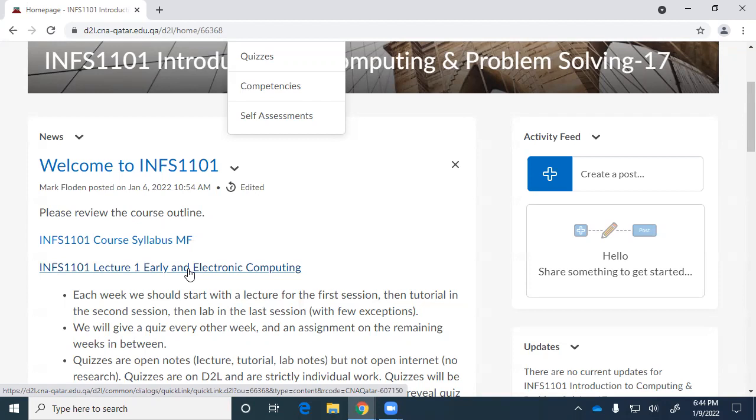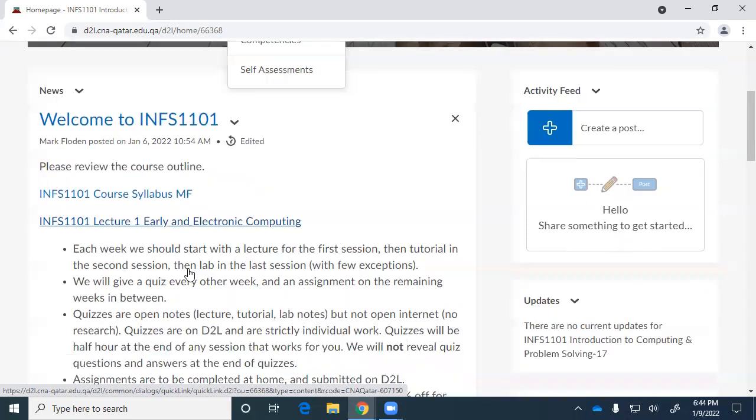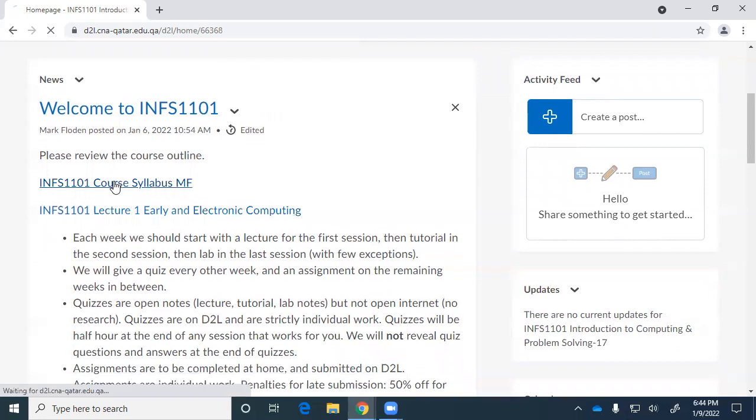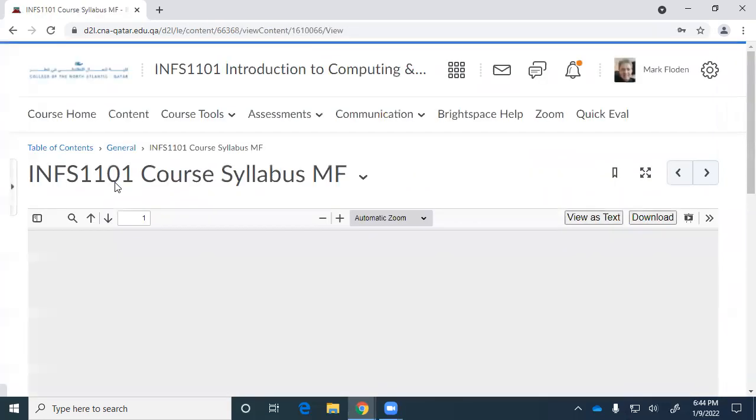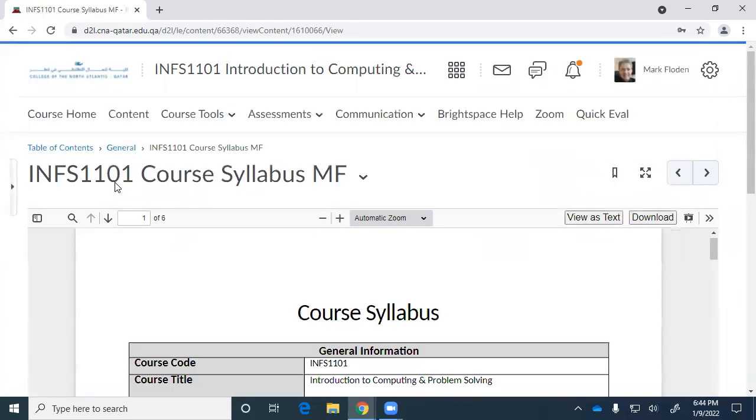So there's a couple of ways we can do it, right? There's more than one way of helping. But certainly you can come and visit me if you feel that would work better. So on that point, I do have this document here. I'm not handing out lots of paper. You see that? I'm trying to get you to get the idea of using everything on D2L.